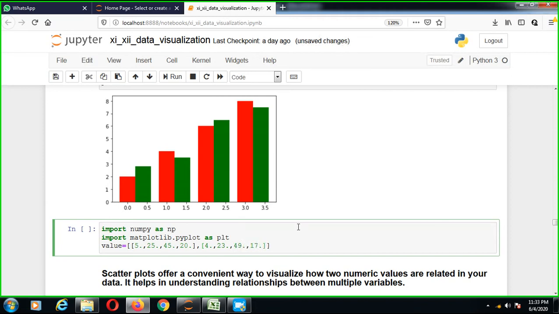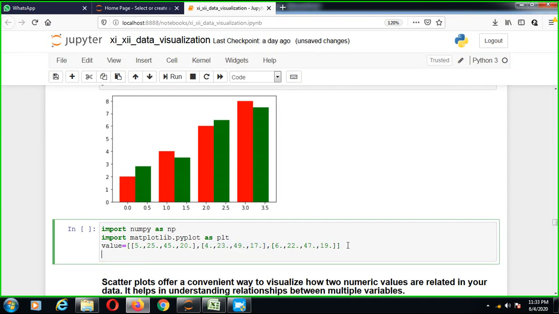Another comma, and we create one more value: 6 comma, 22 comma, 47 comma, and the last is 19. So each of these, 5, 4, 6, 25, 23, 22, 45, 49, 47, 20, 17 and 19. So this is the mid value of each.